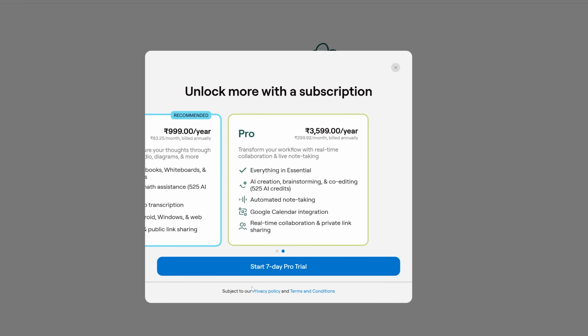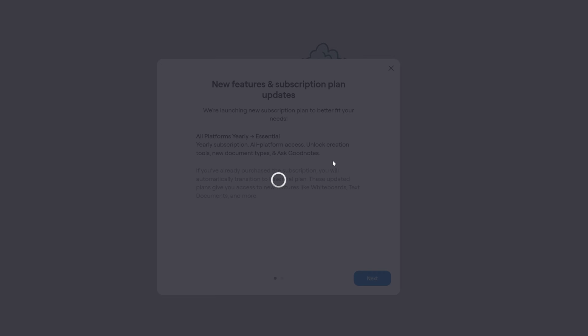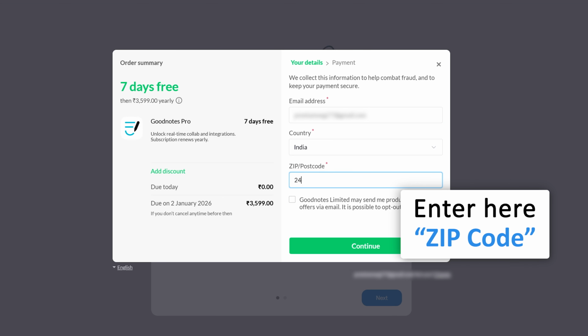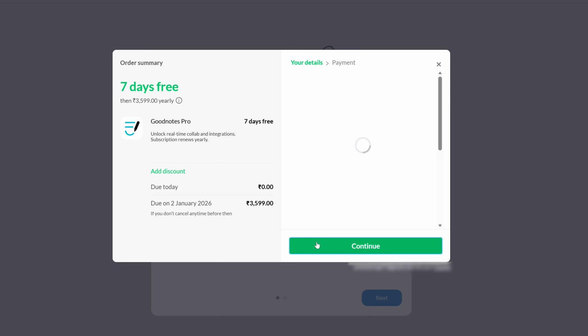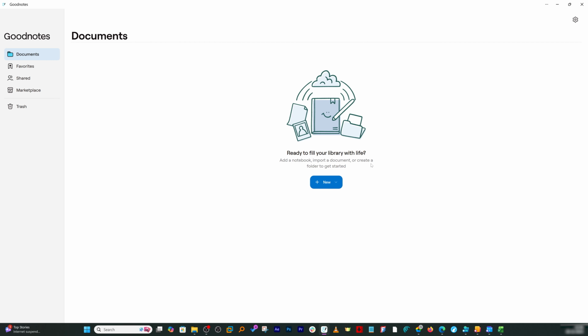And then you can always try them using the 7-day free trial. So I just hit the 7-day free trial, where you may be required to provide your zip code, and then you can also accept this option if you want to receive offers, and then here you need to add your credit card. But let's say you do not want to go for those plans,